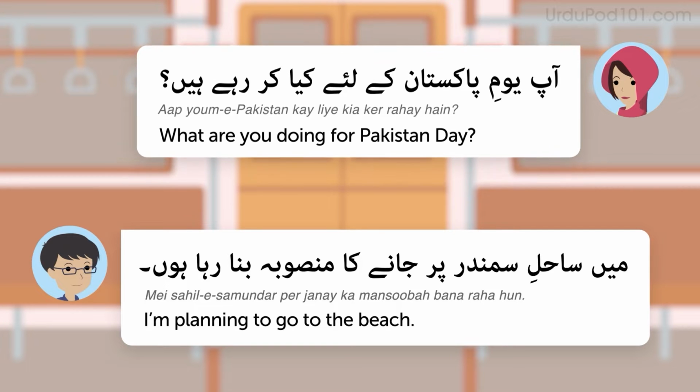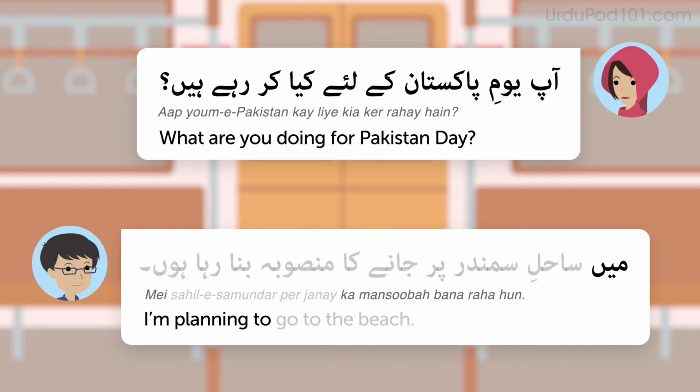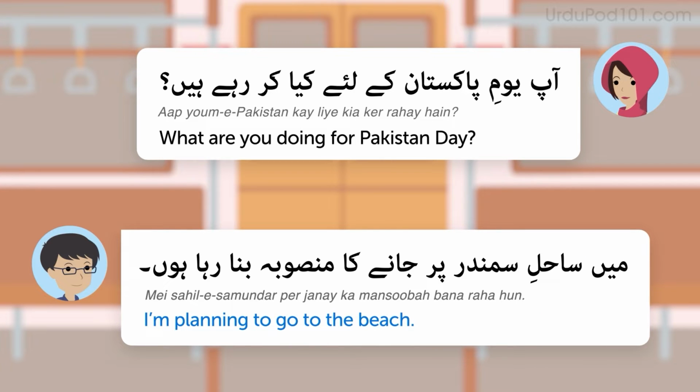Now, how do you answer this question? The pattern is, मैं plan का मंसूबा बना रहा हूँ। This Urdu sentence literally translates as, I am plan of planning. But it means, I'm planning to plan. For example, I'm planning to go to the beach. मैं साहिल समुंदर पर जाने का मंसूबा बना रहा हूँ।